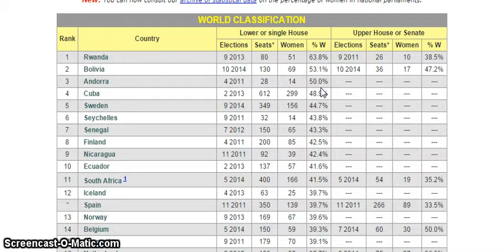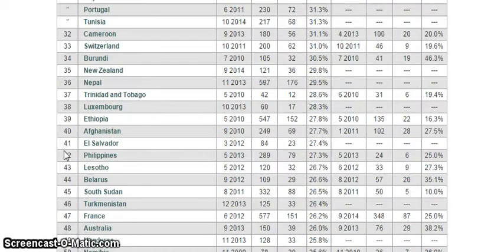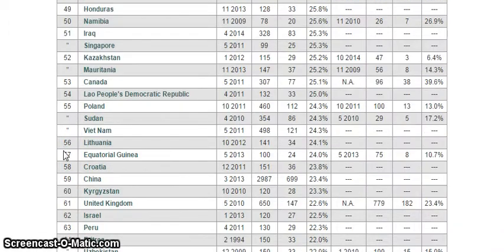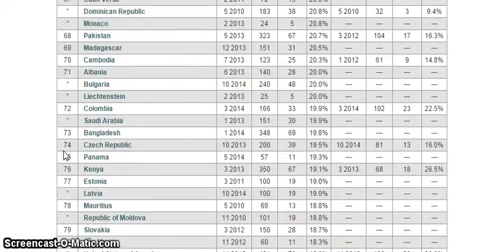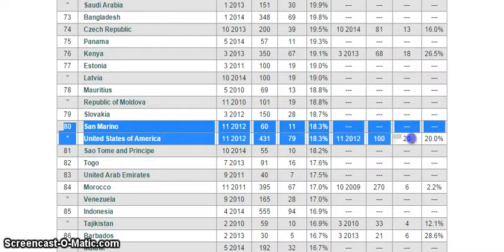And if you look, you can see that there are some countries that are doing pretty well up here. I'm not going to go through, we don't have time to go through, why you see it in some countries and why you don't in other countries. But I do want to show you where the United States falls on here. So I'm going to try to scroll through here, and hopefully I see it. This is a constantly updating thing, so I'll tell you we're not in great shape. Oh, there we are. So you can see the United States is actually tied in this 80th position, and you can see that